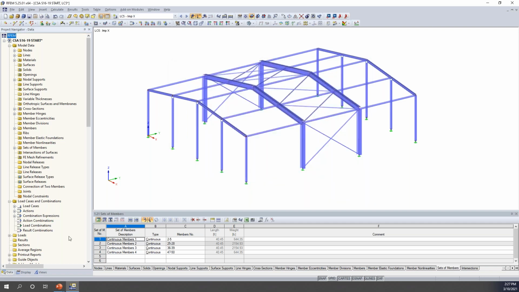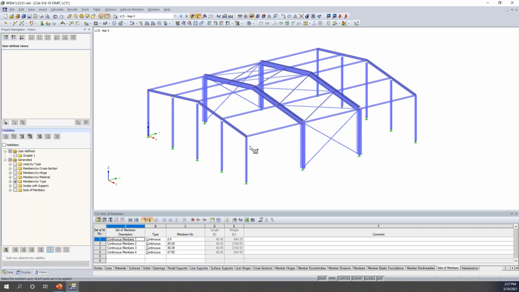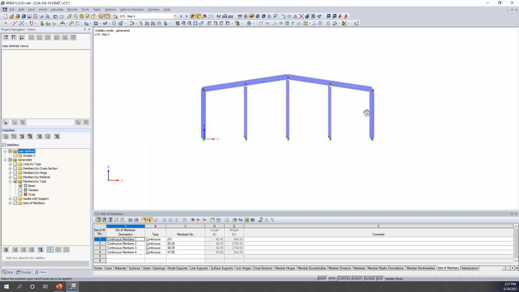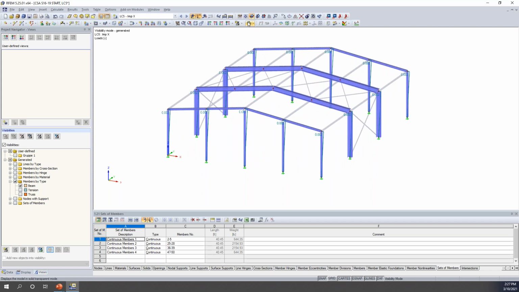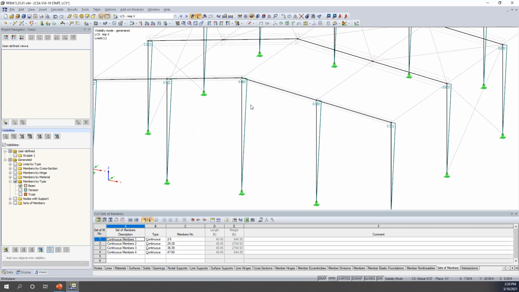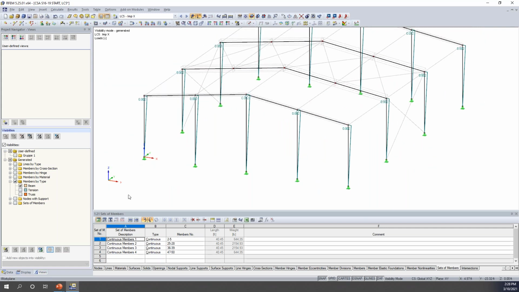I click OK. And under my Views tab, before I apply this to each of my columns, I'm going to activate only my beam elements. So notice that my truss elements, my tension only, are completely grayed out. This way, I can take a look at an elevation view and I can apply that imperfection here to only my vertical columns. And now we have a nice symbol. I'm going to turn this to wireframe view so it's a little bit easier to see. We see this imperfection with the magnitude 0.002 that will be taken into consideration for these members